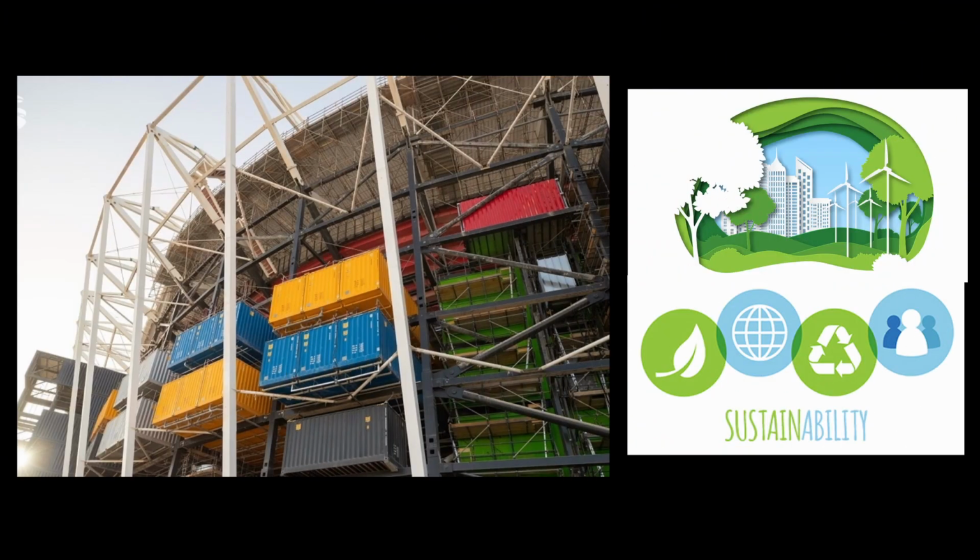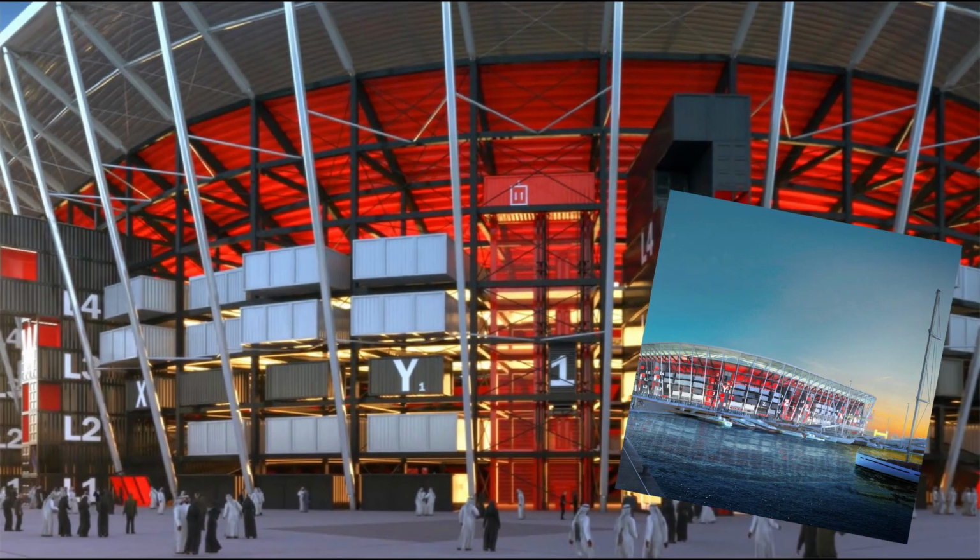Modified shipping containers are being used to construct Fenwick Iribarren Architects' Ras Abu Aboud Stadium, also known as the Pack-Up Stadium in Doha, for the 2022 FIFA World Cup. Officials in charge of creating the stadium state that they are confident that this innovative and sustainable concept will be an inspiration for stadium developers and architects around the world, capable of creating aesthetically pleasing venues that offer a new